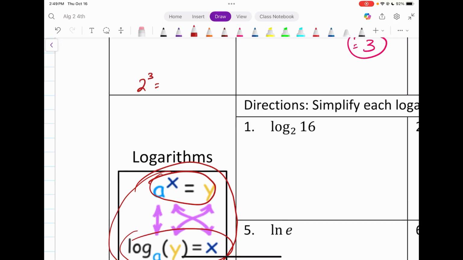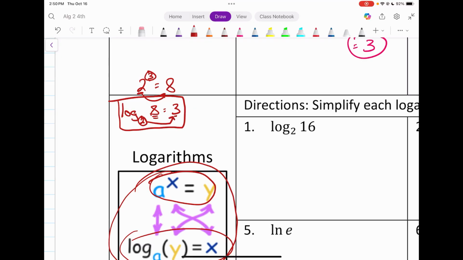Since we know 2 times 2 times 2 is 8, we could write this in logarithmic form as log. The base of your exponent is going to be the same as the base of the logarithm. It's going to be down here. Log base 2 of 8 would actually equal 3. So the exponent would go on the other side. So anytime you have a logarithm written, we're simply saying 2 to this power over here is equal to this